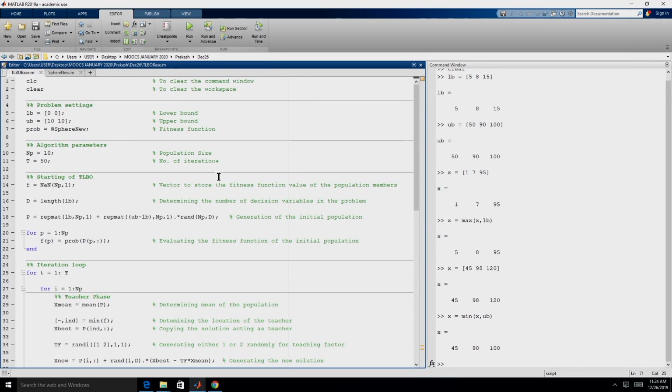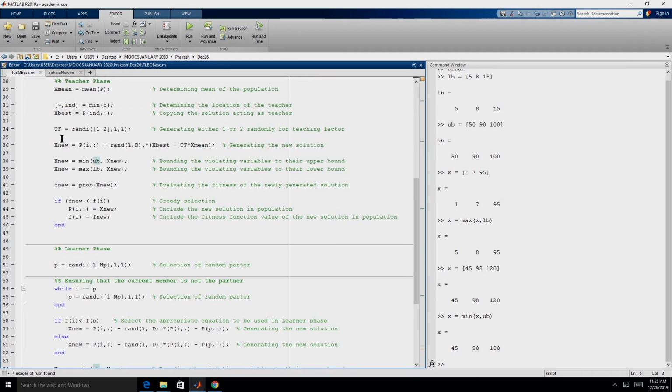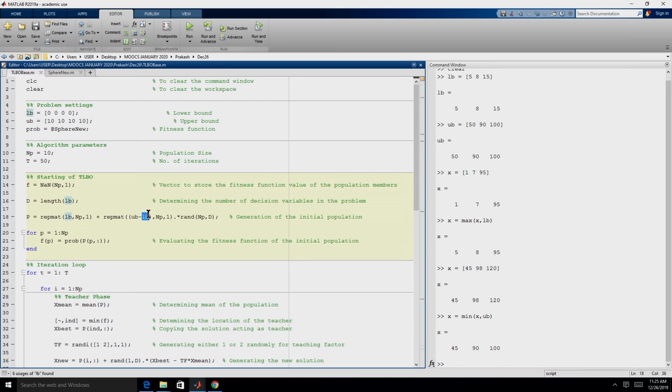So, this function we had written in a generic way, right. So, let us say if I have a 4 variable problem 0 0 0 0 with a lower bound of 0 and upper bound of 10, right. So, I just merely need to change lower and upper bound, because wherever I required the values of lower and upper bound, I never use the value, I use the variable LB and UB. So, for example, here when we are generating a new solution, we are not hard coding these values, we are just taking the value of the variable. So, if we change this, it will automatically get changed over here.